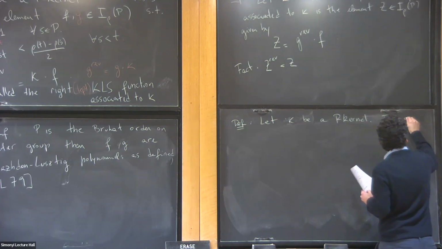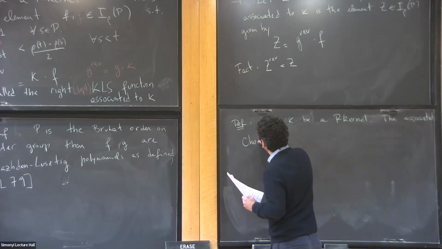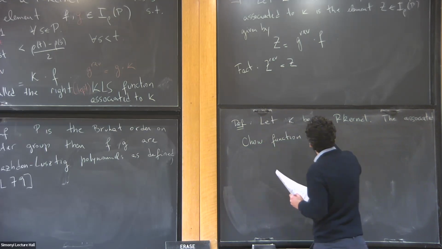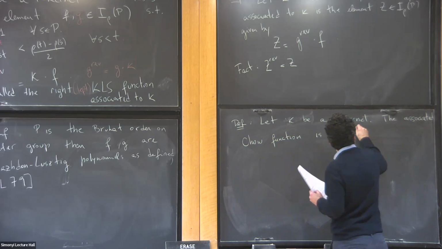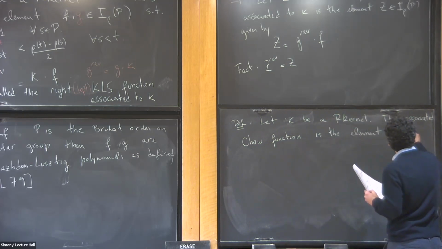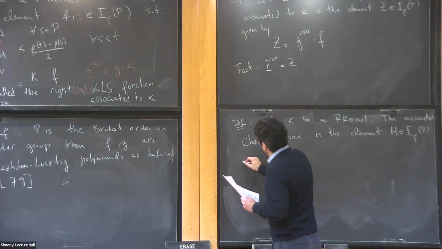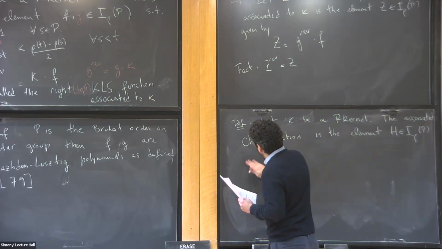The associated Chow function is the element H in the incidence algebra given by